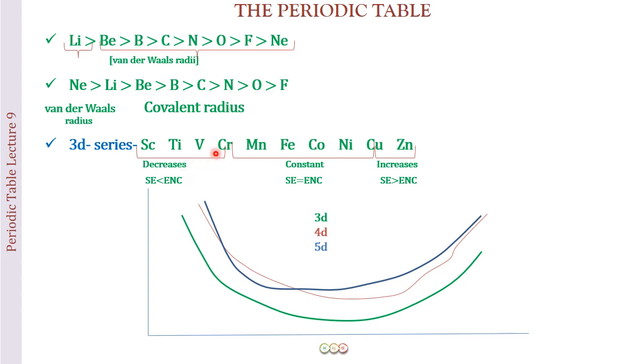And then when we move from manganese up till nickel, what is happening? The pairing of electrons starts, and when there is pairing of electrons, the electron repulsions increase, and the shielding effect balances the effective nuclear charge, which is due to the increase in the nuclear charge. Okay, so here these values become constant, and then from copper to zinc, the number of electronic repulsions has increased. So we see that the shielding effect values more than counterbalance the